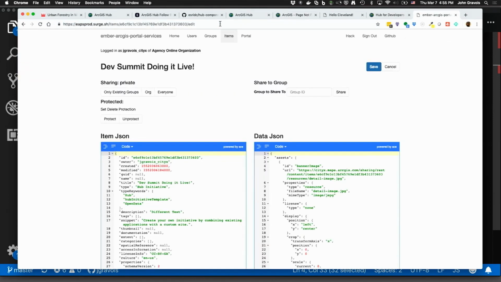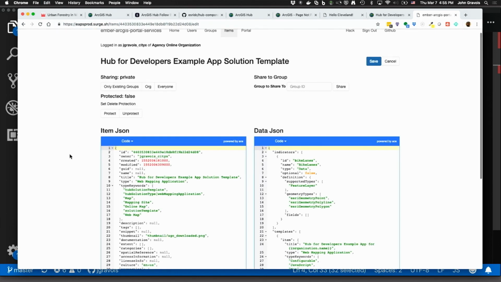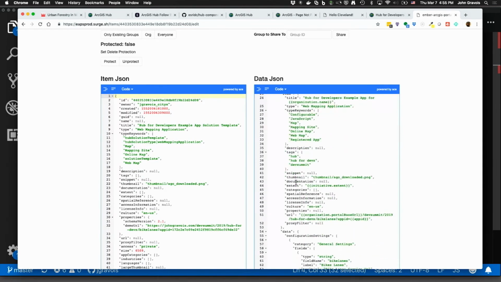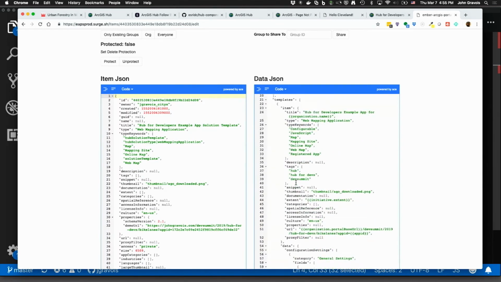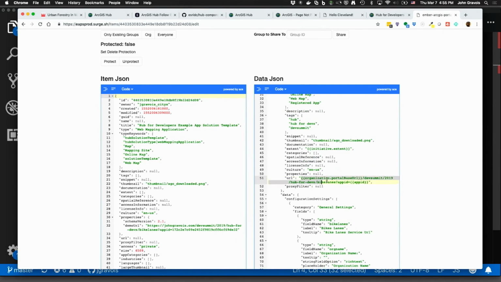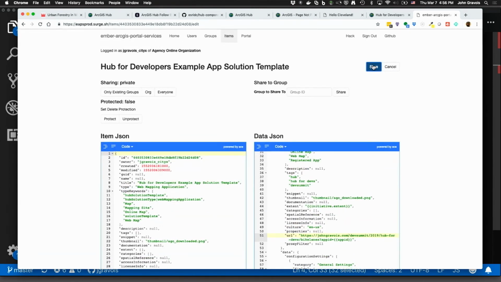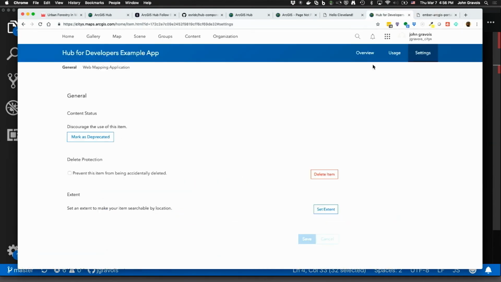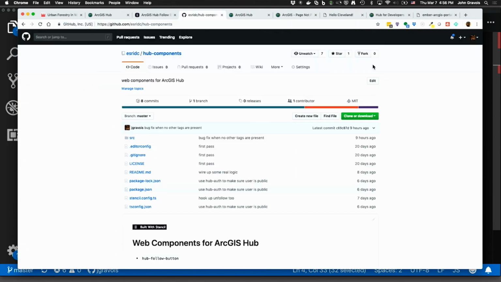I'm going to go back into my Razor editor. This is super dangerous. You can break stuff. You have to be careful. This item, you can see the indicators in the templates. Here's my item for my example app. And when I look at the URL, we accidentally overwrote what was johngravois.com with the org. So I can just add this back, johngravois.com, Dev Summit, save this. And the cool thing is, as soon as I make that update,